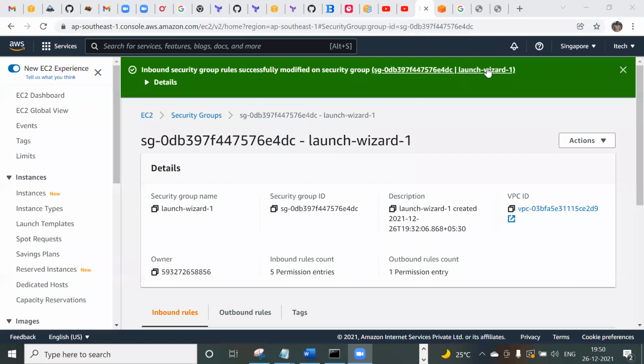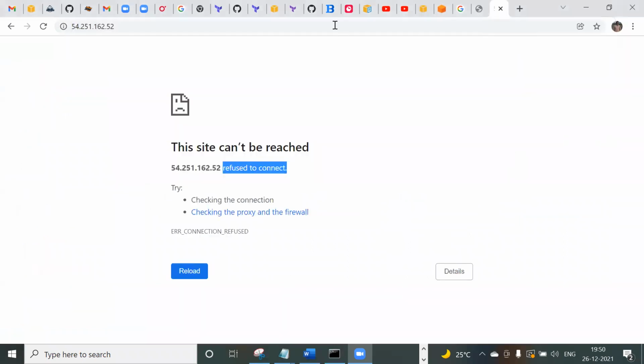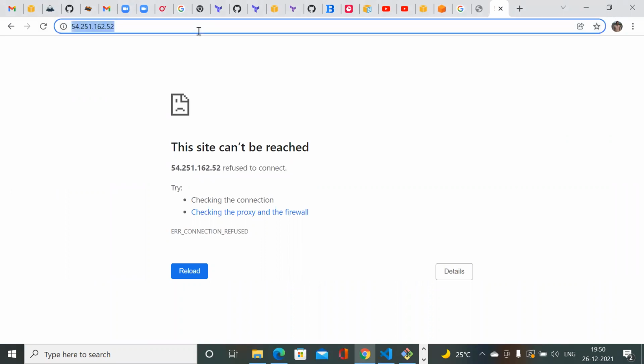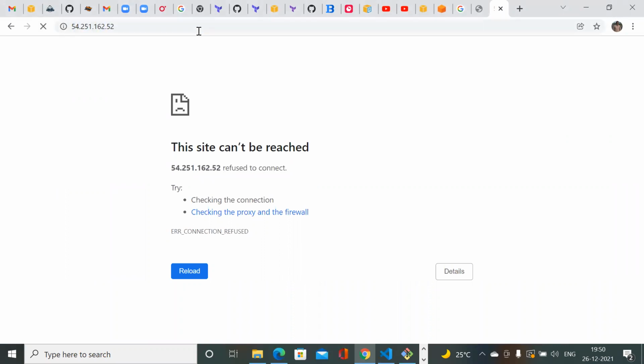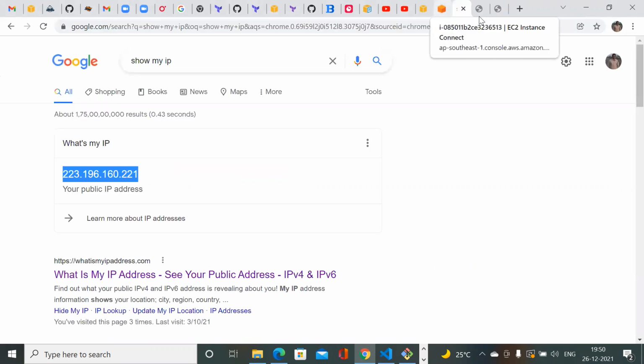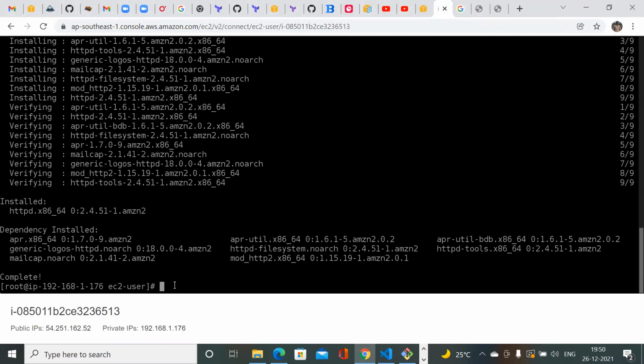Okay, now I'll try to access the page. On the server side also, the service should be in listening state, I believe. What is the command to verify that?